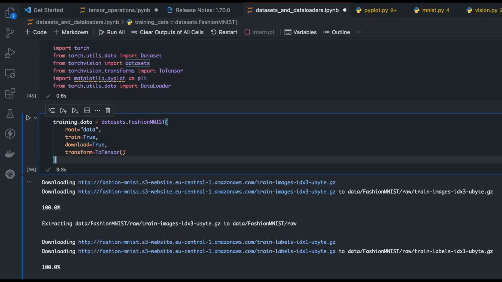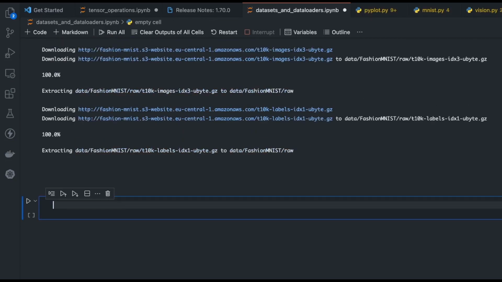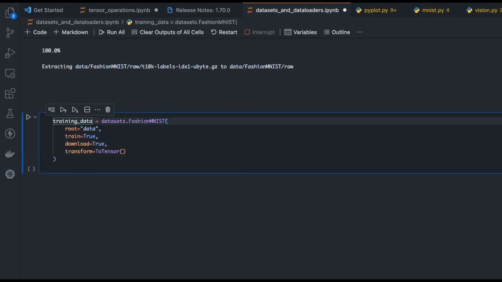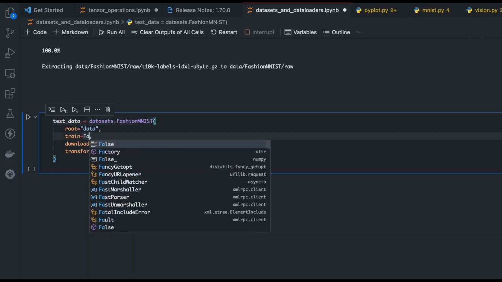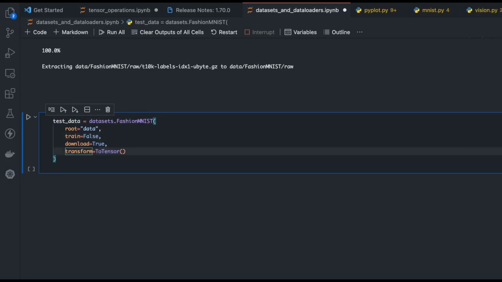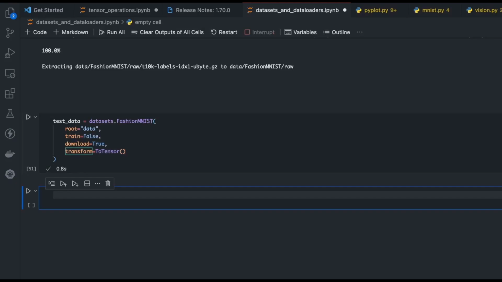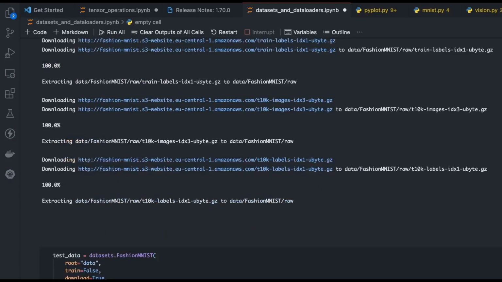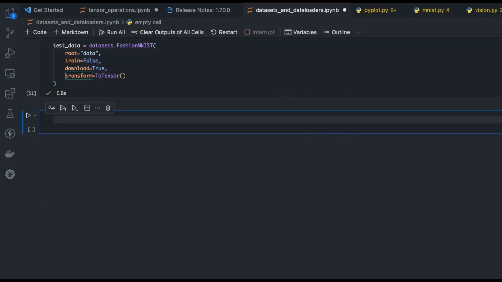We will be copying and pasting it and replicating the same code block for the testing dataset, and we will just change train to false, and that's going to download the testing split. As you can see, it's done. The next step would be to go ahead and visualize what the training data object actually consists of. So we're going to just go ahead and call